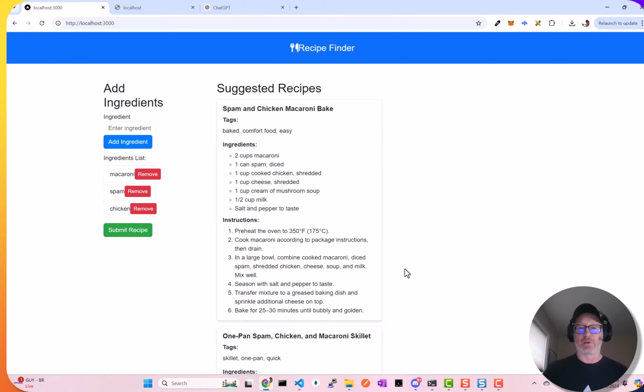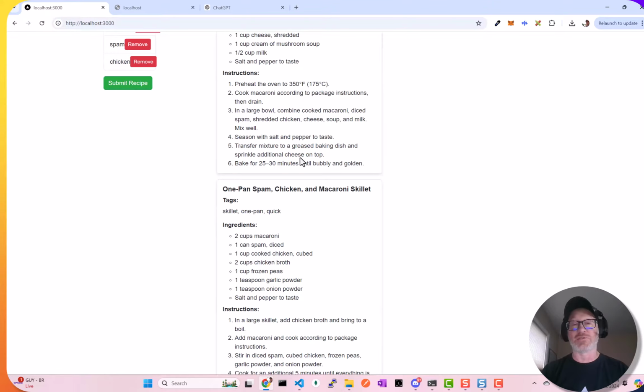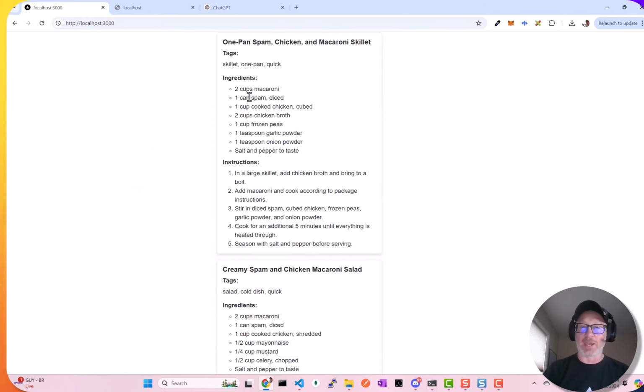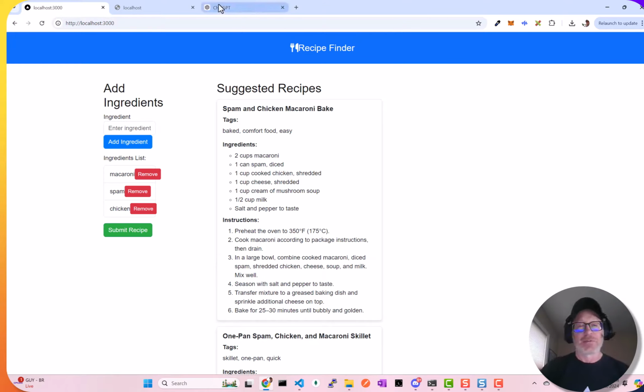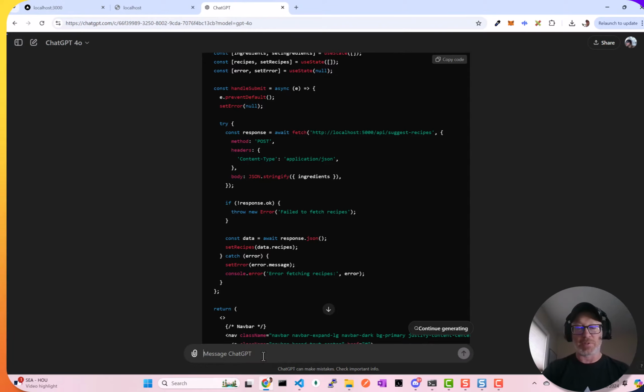Oh, there we go. And then also the recipes should just take up the rest of the content pane instead of just like a third of the content pane. But spam and chicken macaroni bake kind of looks interesting, honestly. One pan spam, chicken, and macaroni skillet. Okay, so now I'm gonna pause to ask GPT